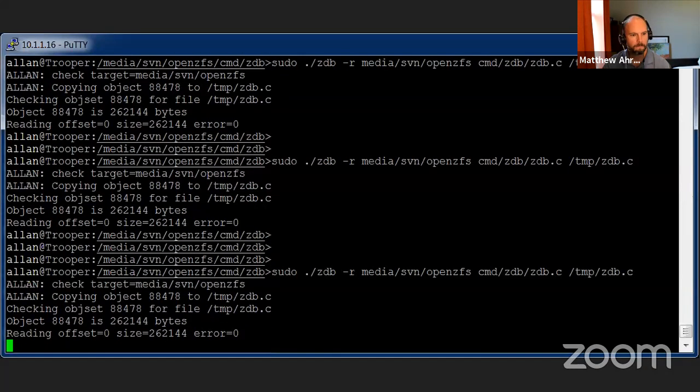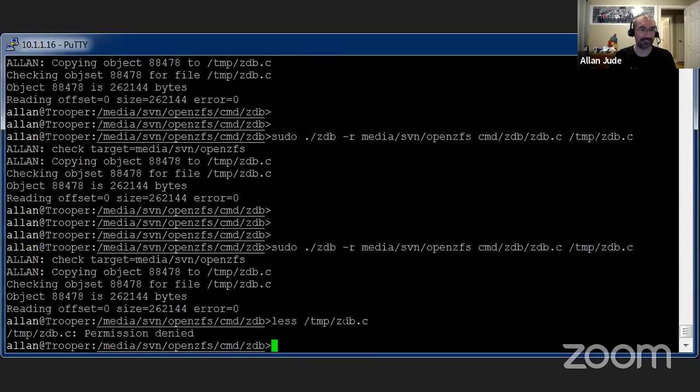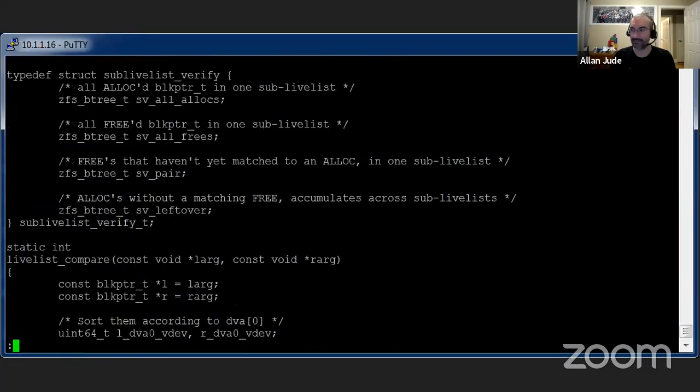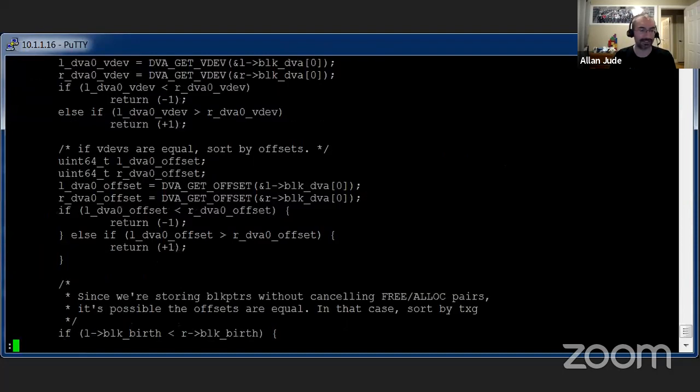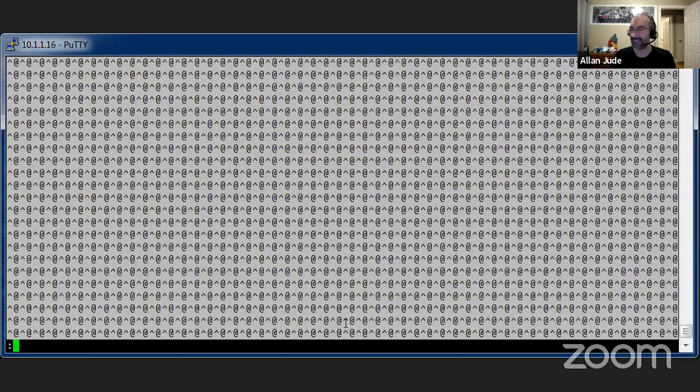So when we just did zdb -R dataset, path in the dataset, and then some output path, it looked up the object number and then does a series of DMU reads in up to 1 meg chunks and writes out to that file. And if we look at the source for the zdb file, including the fact that it was more than just the first block, it's all there, except we don't cut off the end yet.